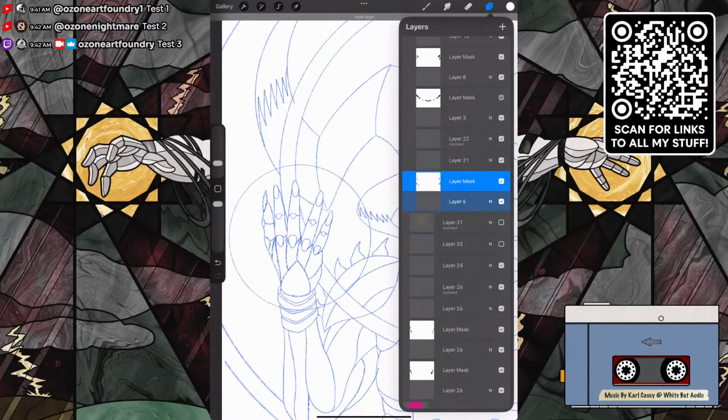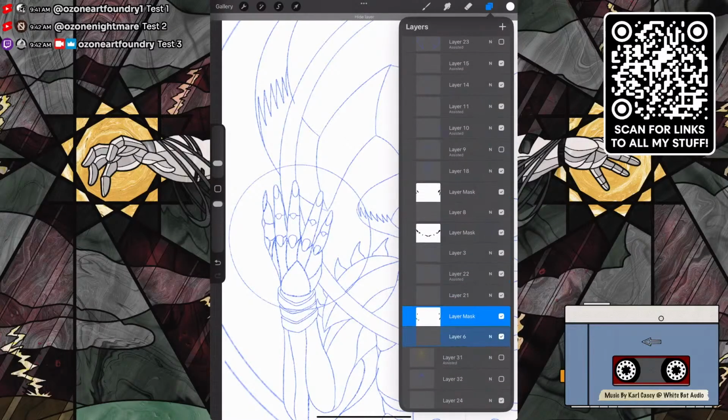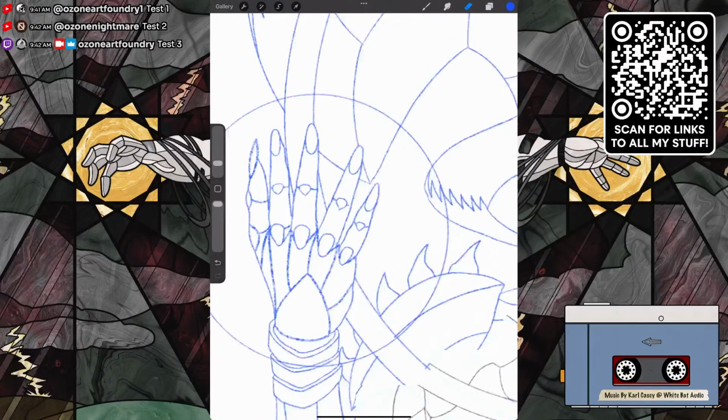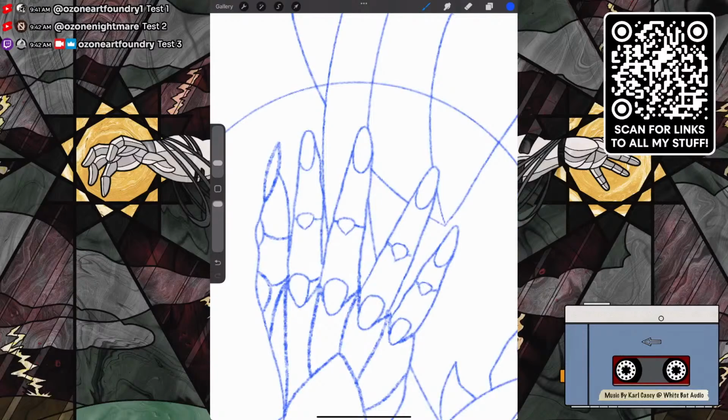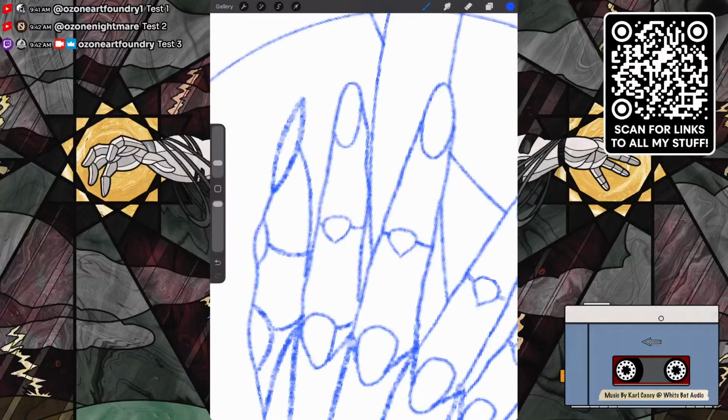Let's see, where is that hand? There's actually a really easy way to fix that. Okay. I knew it didn't look right. I mean, I knew it. So basically, yeah, the thumb only really has the one joint, and that's where I made my mistake. So what I need to do is